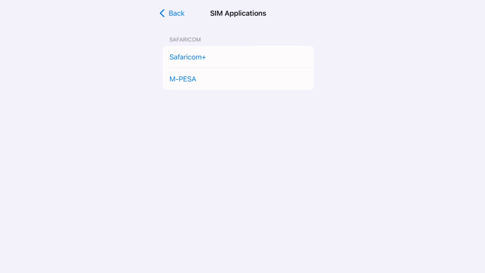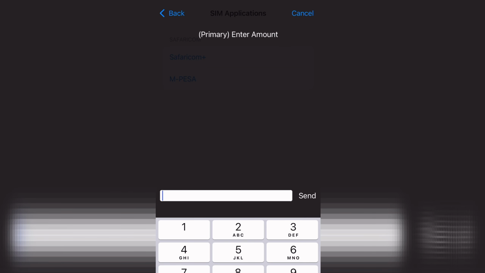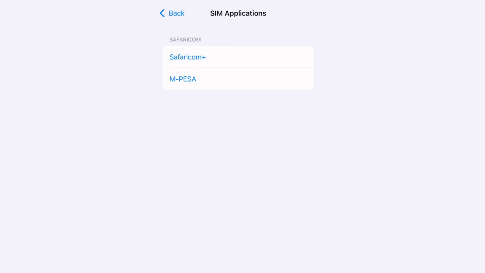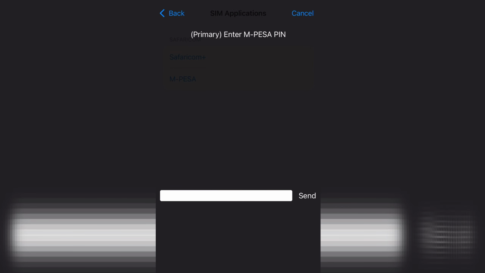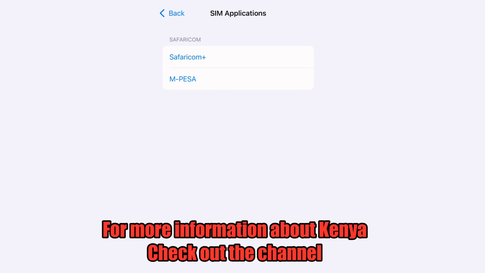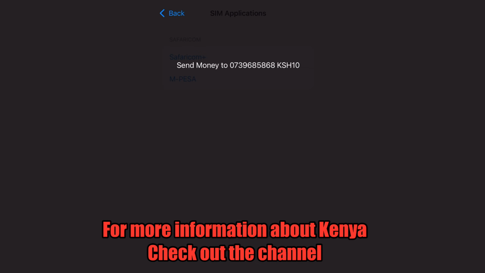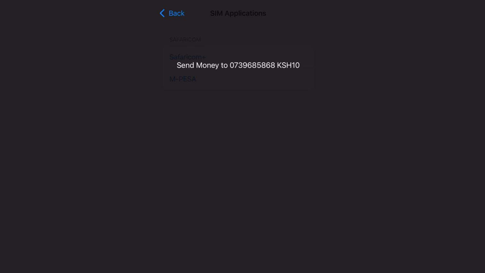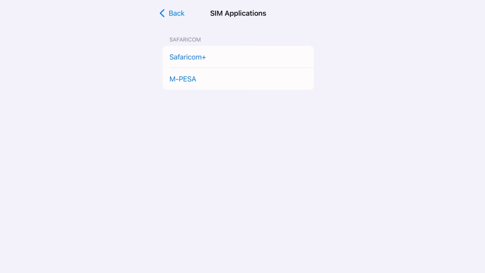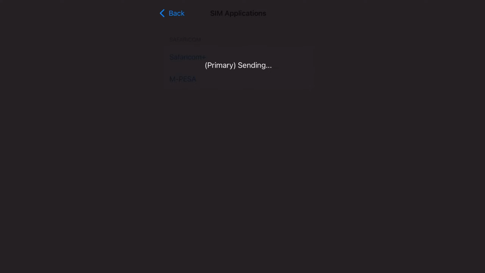Then I press send, and it says to enter the amount. I put in 10 and check. So I put the amount. Now it's saying to enter your M-Pesa PIN, so I put in my M-Pesa PIN. Now she's saying this number is going to the 10 ceiling. So accept it. Now it's sending